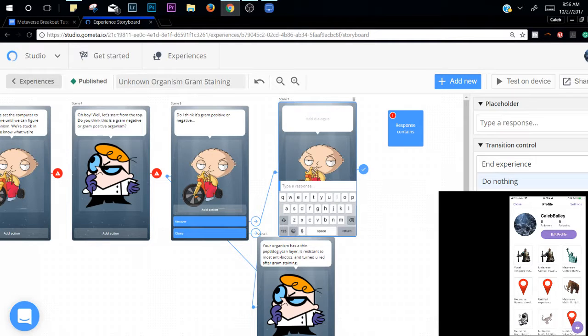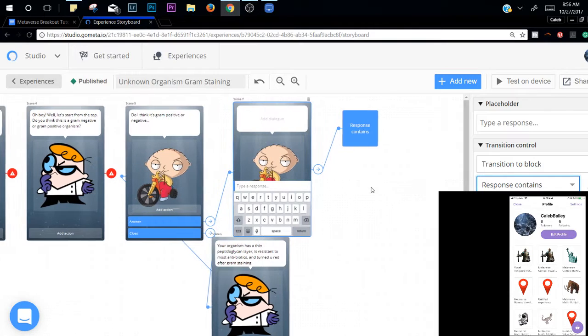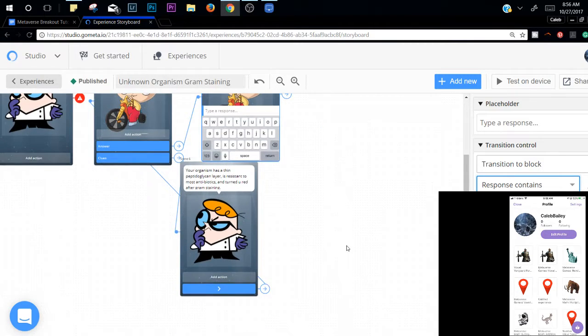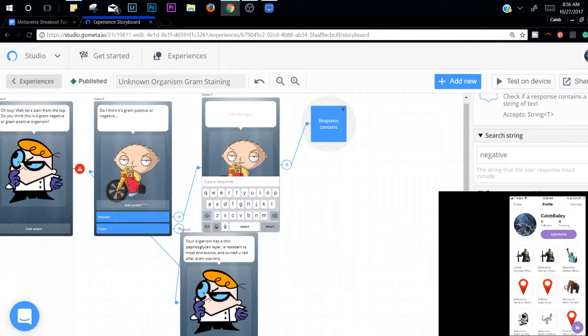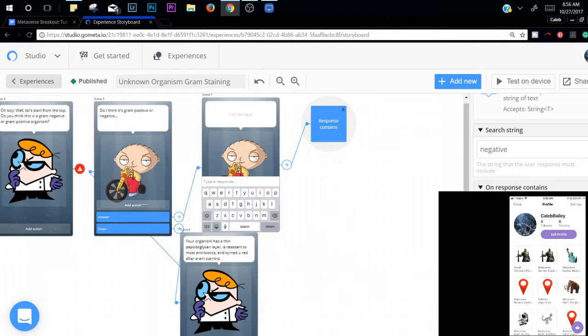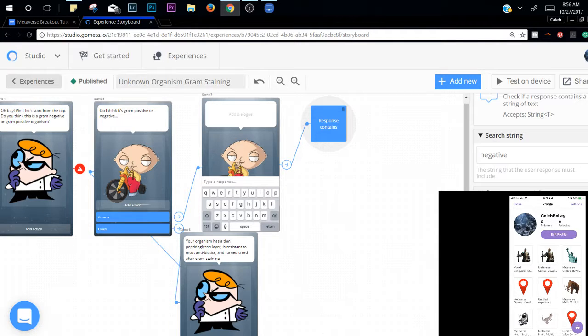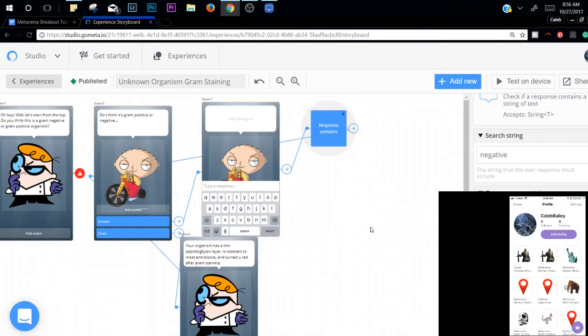That way, if they put in gram negative, then this should transition to block. If it doesn't contain that, then we'll have this go back to scene 5, so they might need to read the question again in the first place. But if it does succeed,